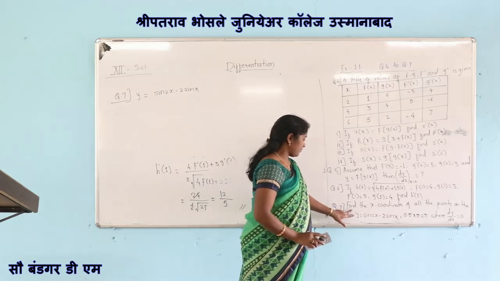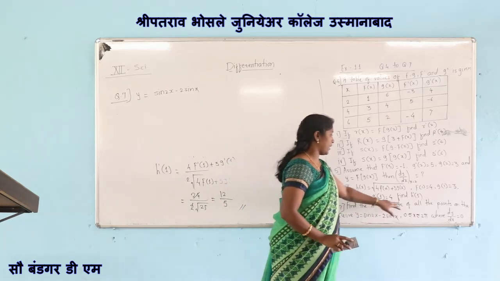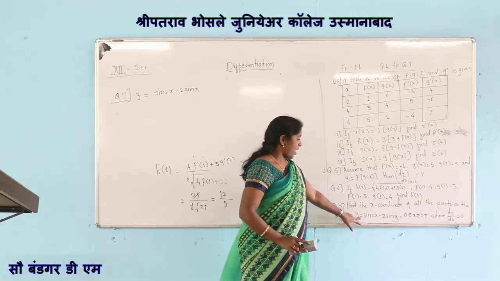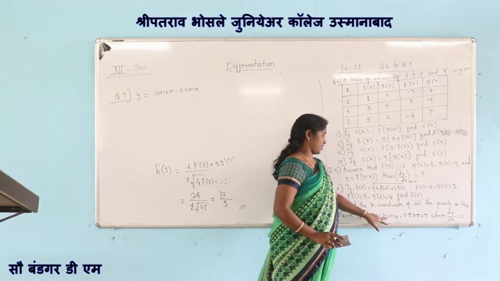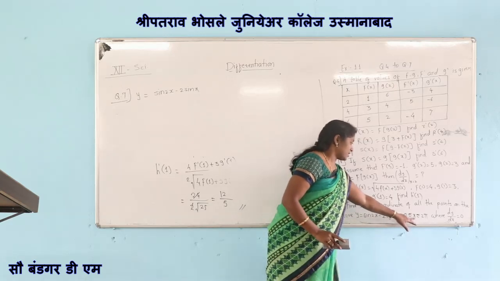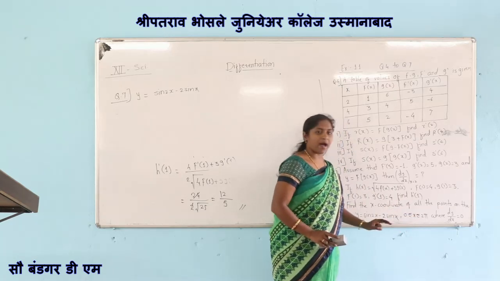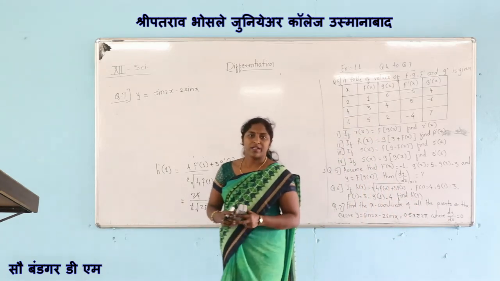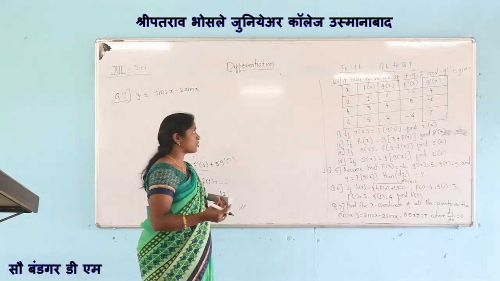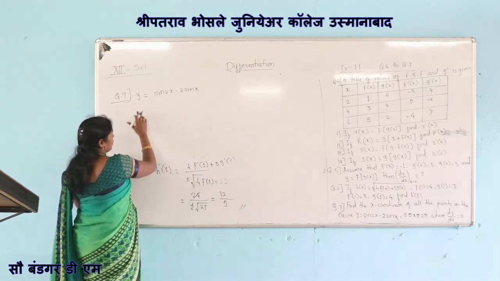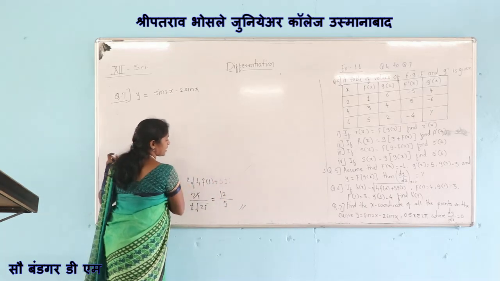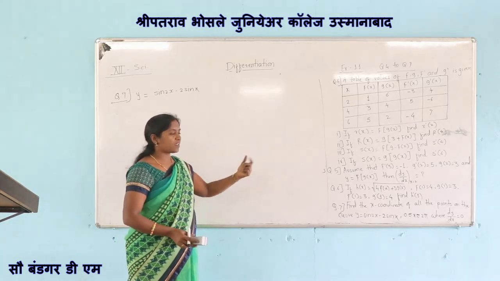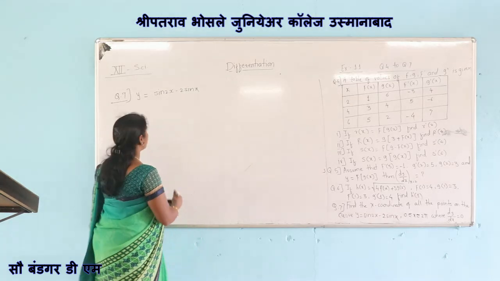Now there is given that find the x coordinate of all the points on the curve y is equal to sin 2x minus 2 sin x, for given x lies in between 0 and 2 pi, where dy by dx is equal to 0. dy by dx is given as 0. So we have to find dy by dx and then replace its value by 0, and then we get the x coordinate of the given curve.